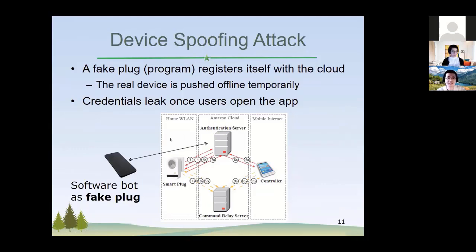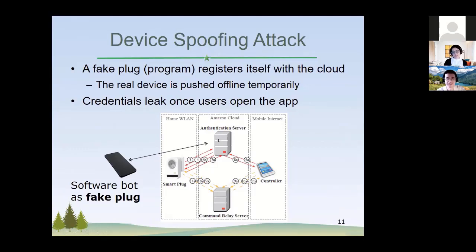And what we did is we designed a fake plug. We wrote our software, and this software will behave as a fake plug. And this fake plug will have the same MAC address as a victim plug. And so we just don't know the password. But this system has a vulnerability here. And so when we register our fake plug with this authentication server, and this victim plug will be removed